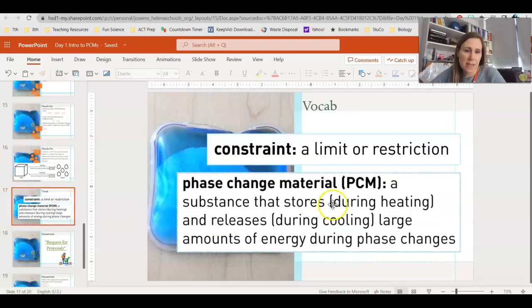All right, to wrap up this assignment, some important vocab for you guys to know: a constraint is a limit or a restriction. We're going to have several constraints that we look at during this project. And then obviously the main theme for today was a phase change material, or a PCM. It is a substance that stores during heating and releases during cooling large amounts of energy during phase changes. So the whole point is that we have something that's going to be able to release heat to these babies